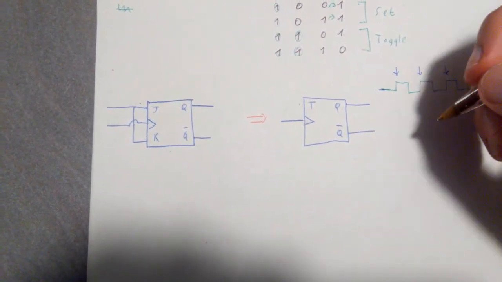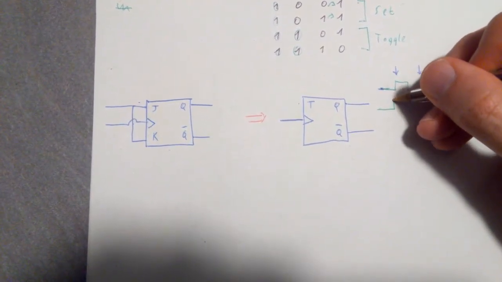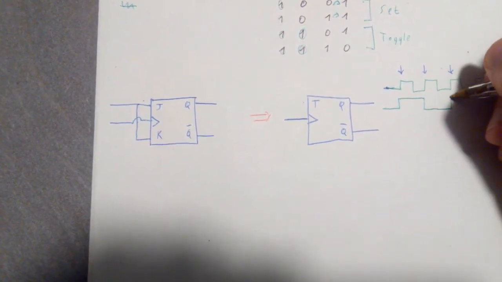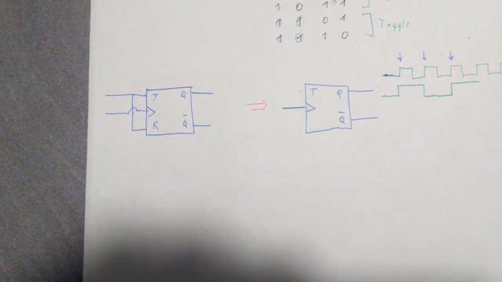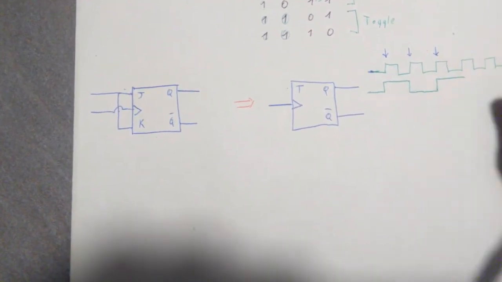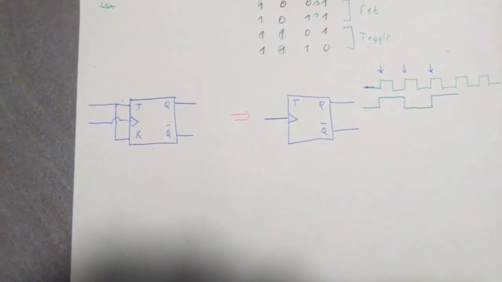If the initial state is 0, it goes to 1, then to 0, and then to 1. So you can use this as a frequency divider,